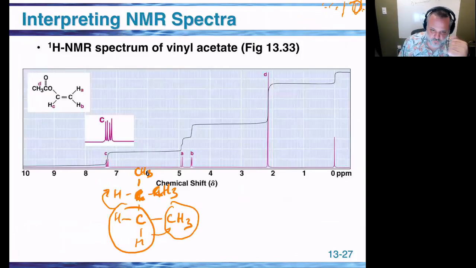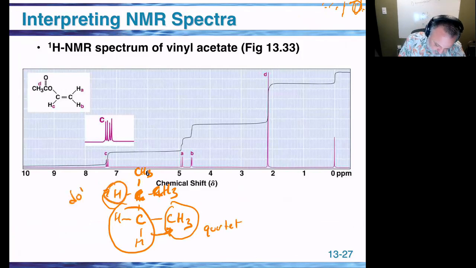So in this case, what are we looking at? If I just looked at this one, I would say quartet. If I just looked at this one, I would say doublet. So what do we get? Do we actually get a quartet that splits again into a doublet, or a doublet that splits again into a quartet? Well, it turns out it depends on something called the coupling constants, and you can figure that out, but